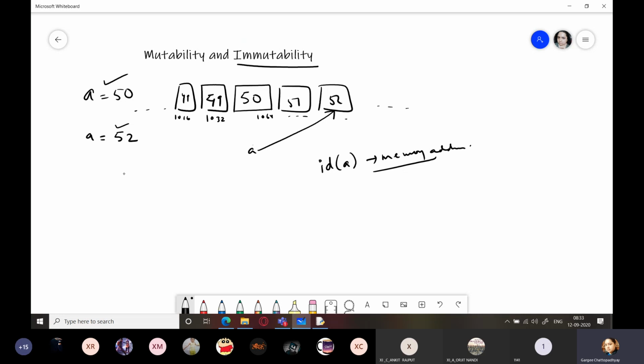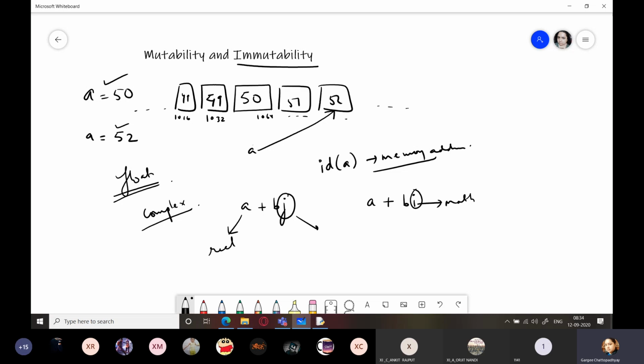Same case is with floating point, that is float type also. And complex is also a combination of integer and float, that is usually a plus bj instead of a plus bi. Normally in mathematics you store it like this, that is iota, so this iota is replaced by a j over here. This is your real part and this is your imaginary part, right?